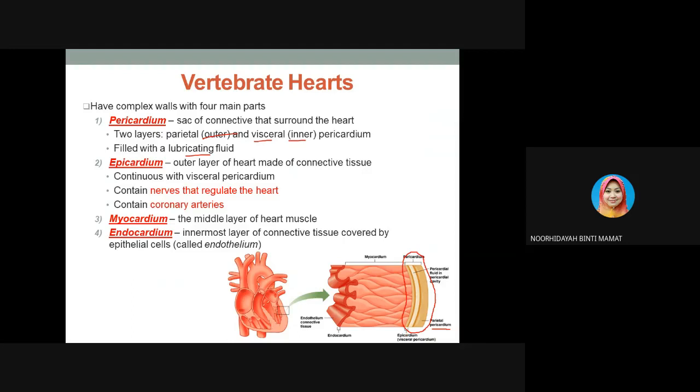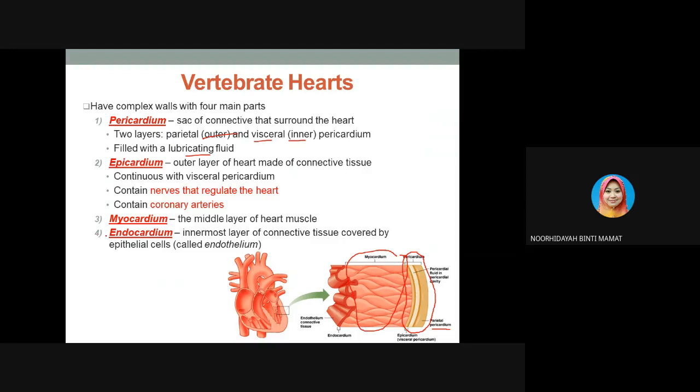All right. So the third part of the vertebrate heart is the myocardium. The myocardium is the middle layer of the heart muscle. As you can see from here, this is the myocardium, and the last part of the vertebrate